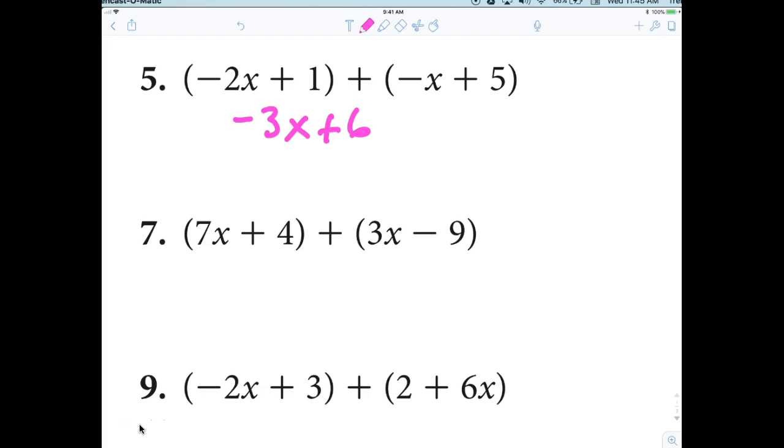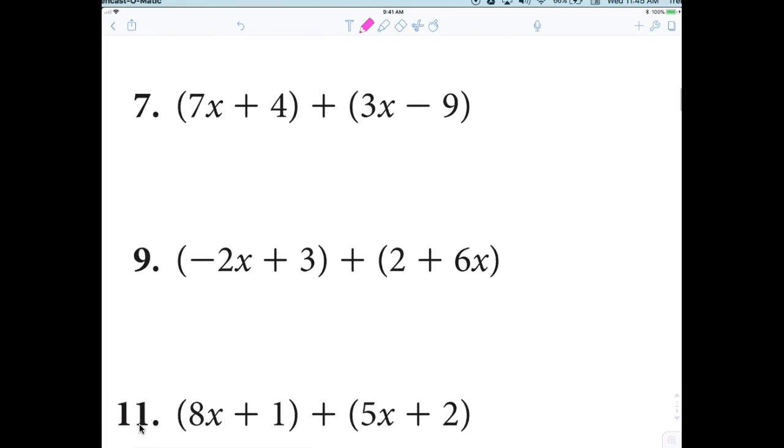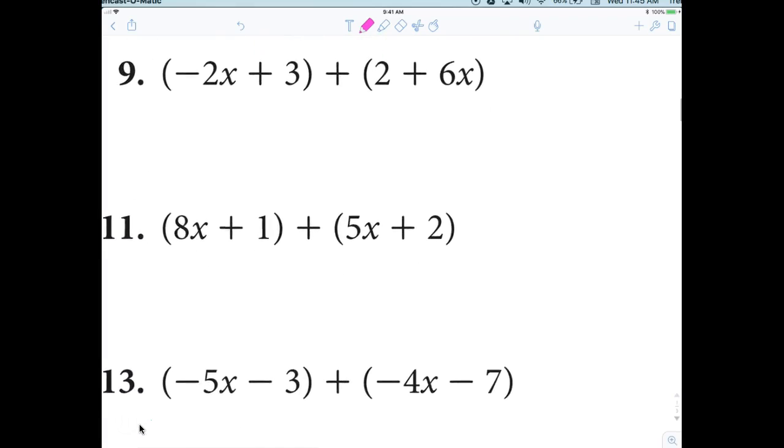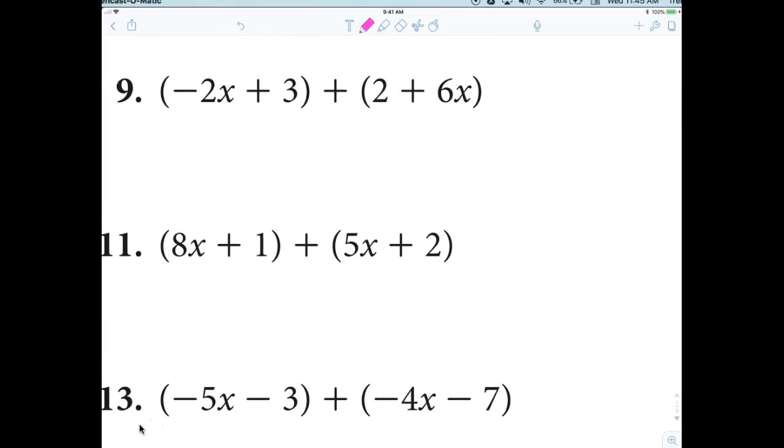All right. Max, you're up. Number 7. 10x minus 5. 10x minus 5. Nice. That's it. Now, of course, everybody's supposed to have number 9 done before Connor tells us the answer to number 9. Now, they tried to mess with you here because why? They switched it up, right? So the answer, though, is